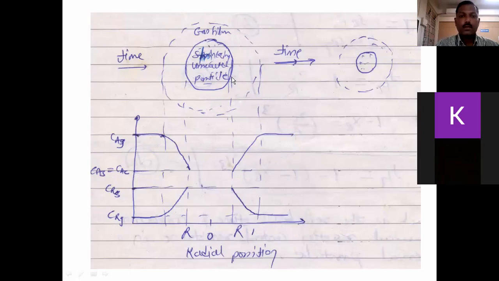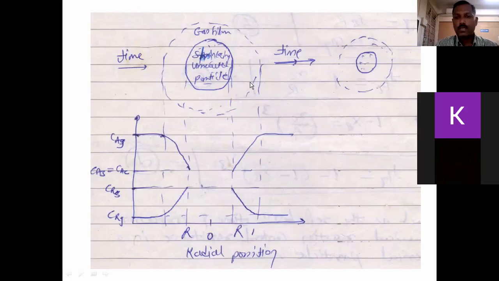Generally this is a pure particle, no impurities are there, so the ash layer is absent here. The total size of the particle goes on decreasing, means it shrinks in size, and after some time the unreacted core will disappear. There is no ash formed. For example, graphite is a pure form of carbon, and when graphite reacts with oxygen, CO2 is formed. Since graphite is pure carbon, no ash is formed.